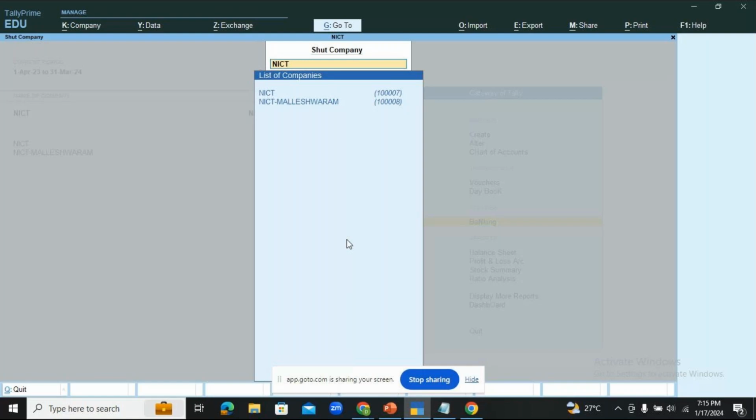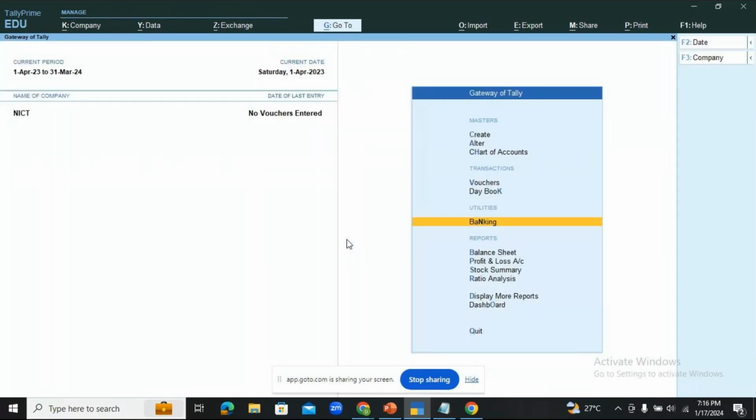Suppose I have to close, let's say, Malaysian. What I do is either use the mouse or the arrow keys. So I select NICT Malaysian. Once I select, I will press enter. This is how I can shut the company. Now, NICT is visible, and NICT Malaysian is not visible, right? Now, if I have to close NICT also